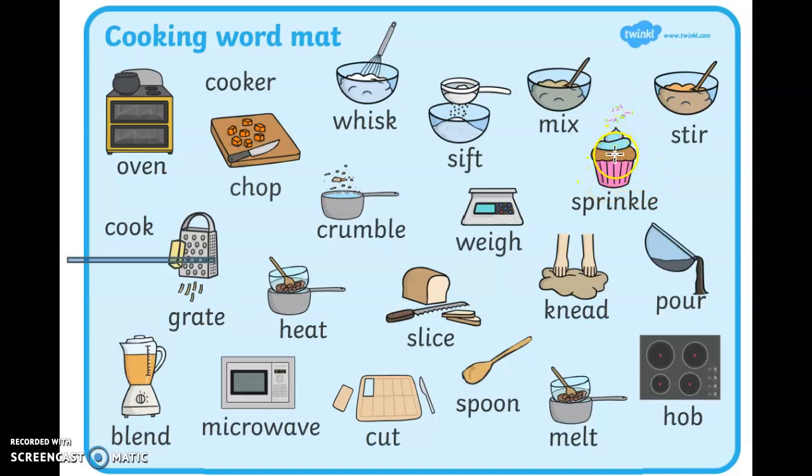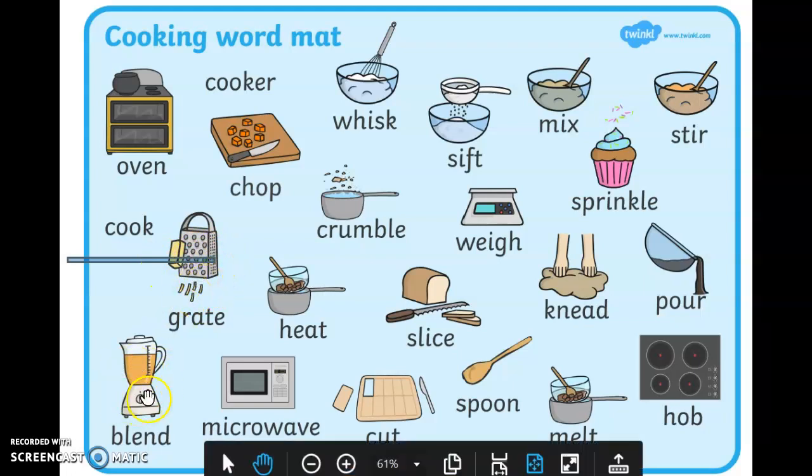sprinkle the things on the top, weigh your ingredients, crumble your food into little pieces when you put it into something. Heat is when you make something hot. Grate you can do to cheese. Blend is when you mix very fast. This is a microwave, this is to cut with a knife, here we have a spoon,